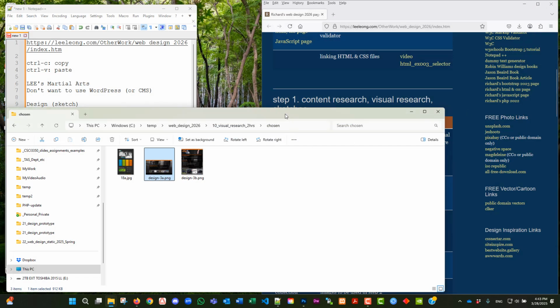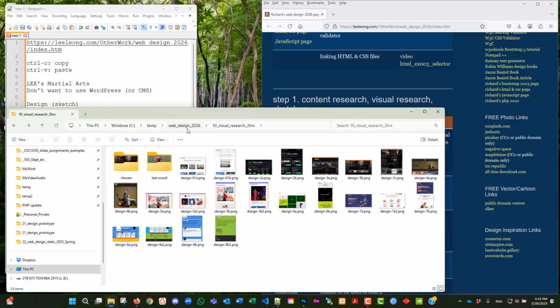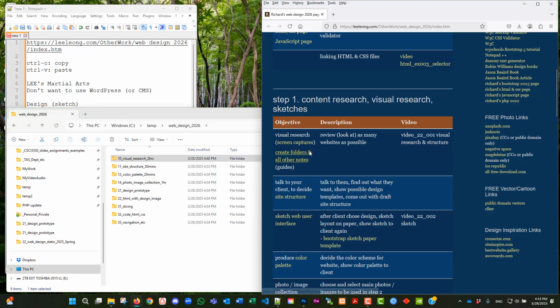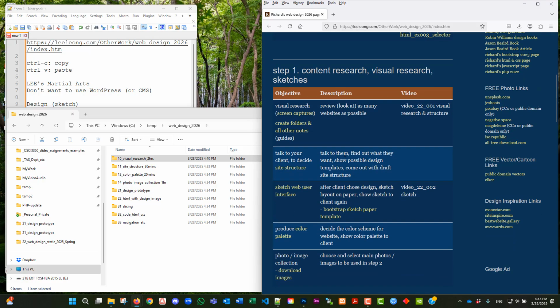All right. So the first step is visual research. So you have done that. The second step you do is you create a folder, which we have done. So the first step is create a folder, the second step is visual research. And then you talk to your client. Okay, you have to talk to them, find out what they want, okay,